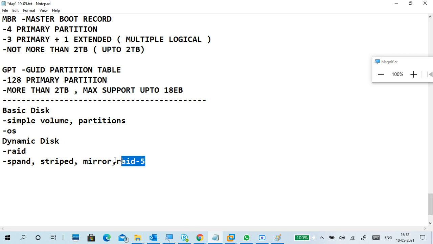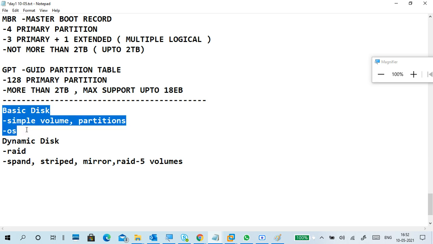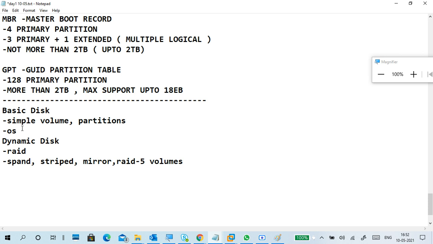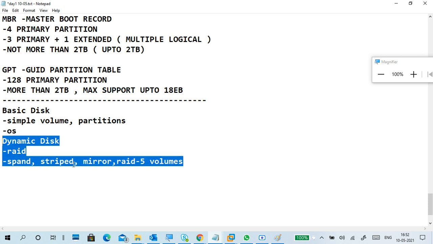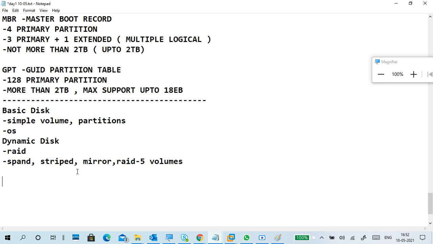If you want to create these kinds of volumes, you have to convert the disk into dynamic. But one disk is compulsory for the operating system, so that is for the basic disk. You have to add an extra disk to create these volumes if you want. That comes under storage only, not now.